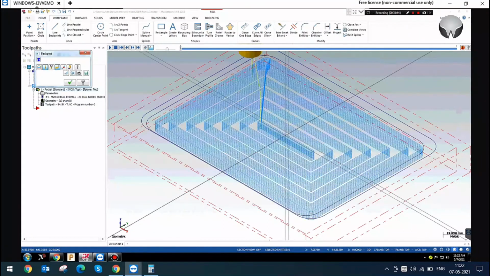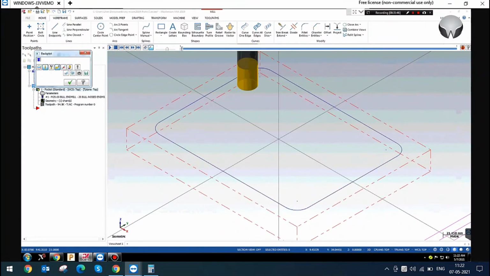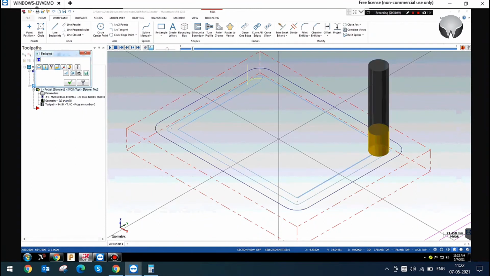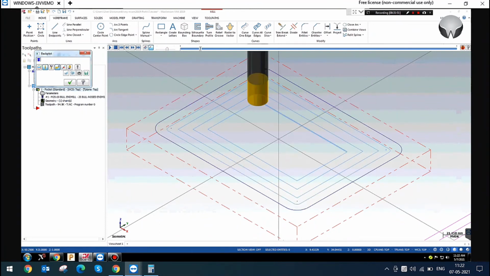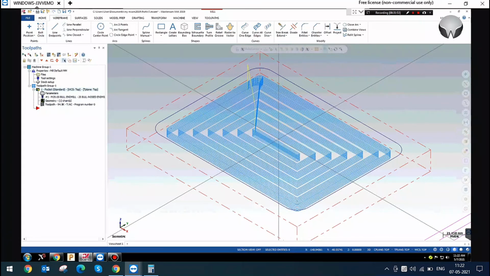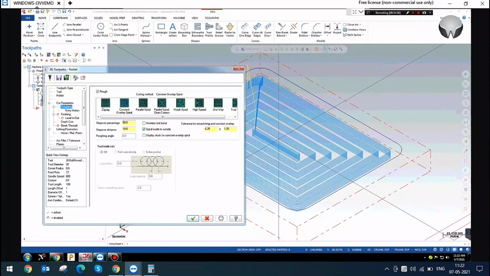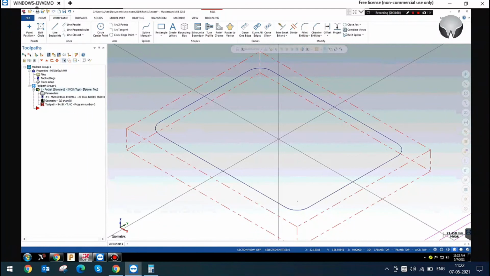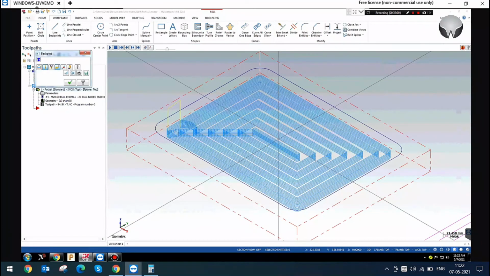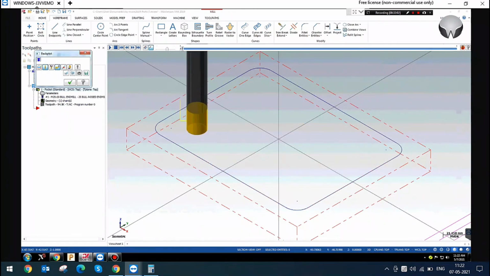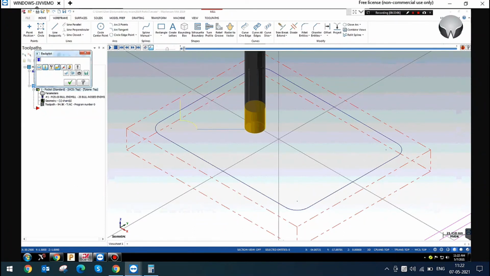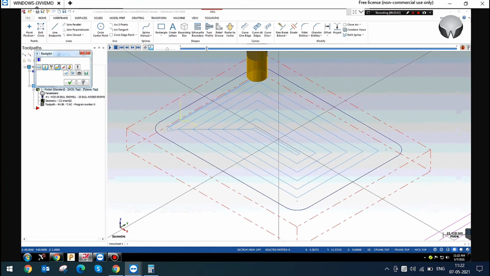I am just disabling the spiral inside to outside. My tool will start from the outside. You can see. If I enable that, the tool plunges here from the clearance, goes to the center, and offsets inside to outside.